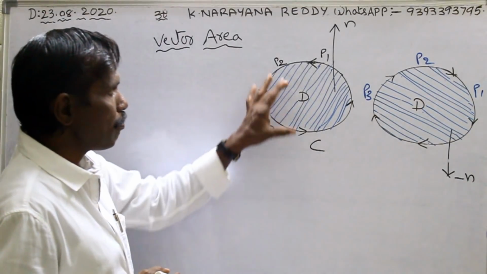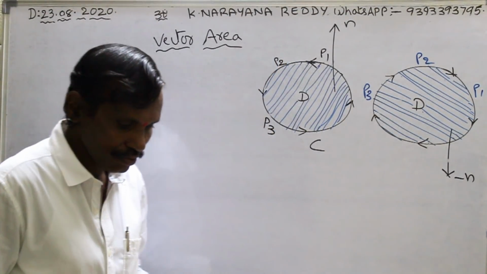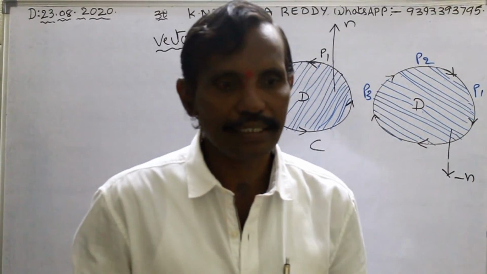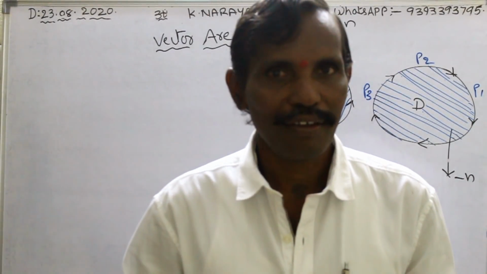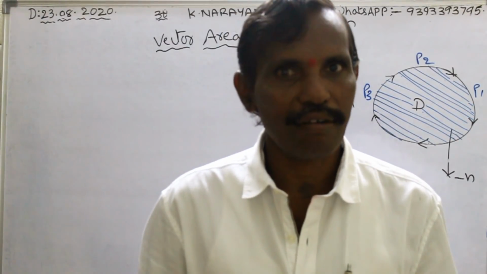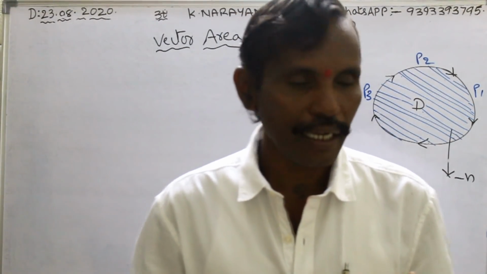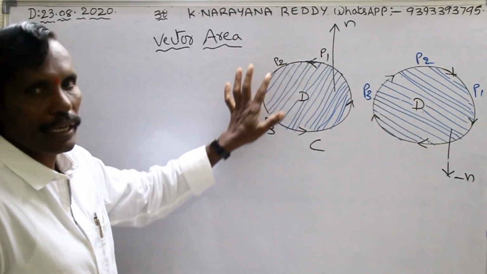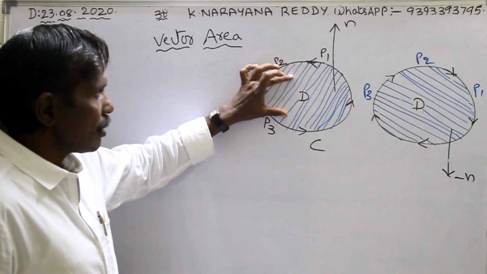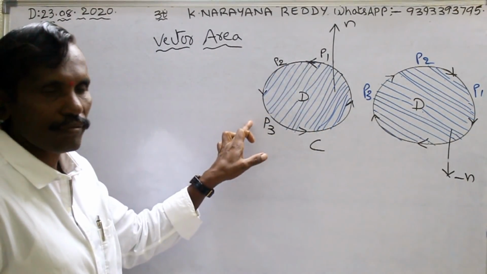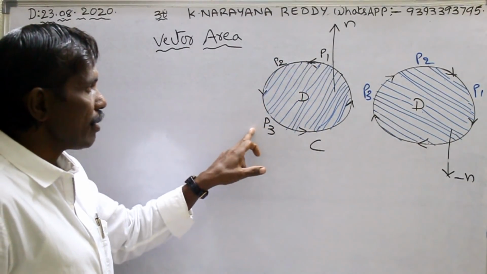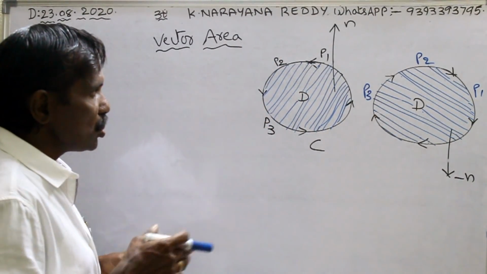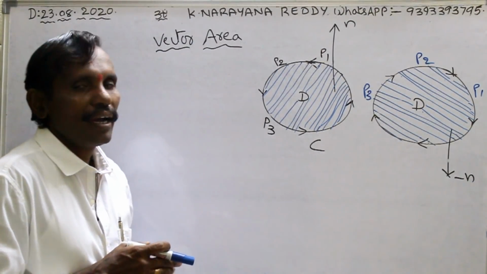Also, D is a plane. What is a plane? Anything which contains some space, which contains some directions, XY plane or XYZ plane. So different planes are there. But this is plane D containing the closed curve C, and P1, P2, P3 are points passing through the curve in the anti-clockwise